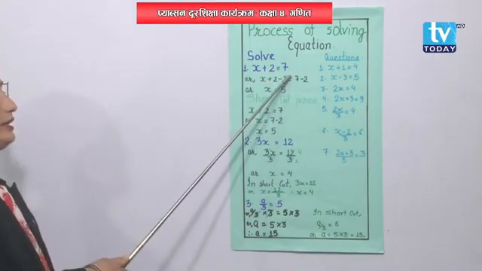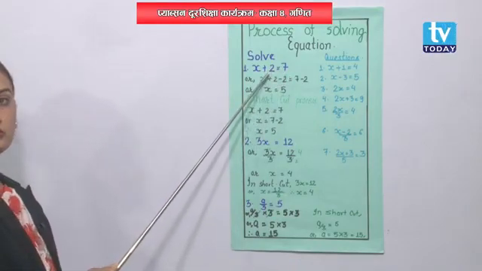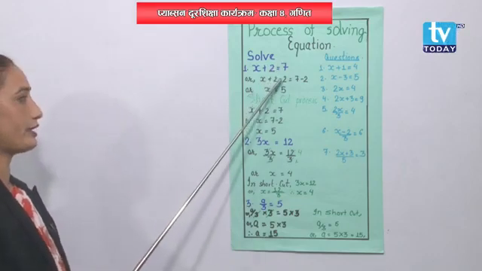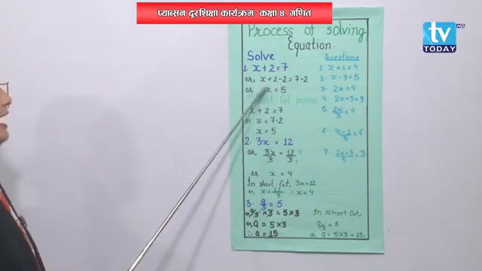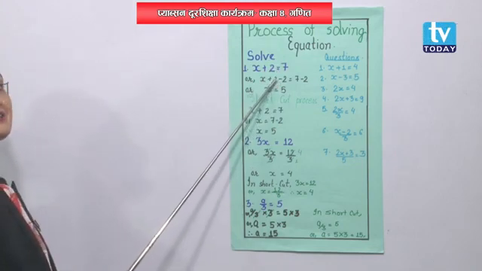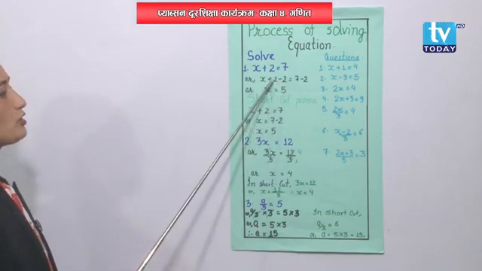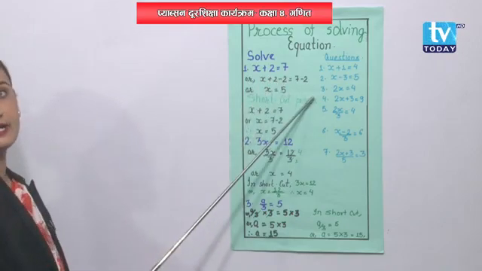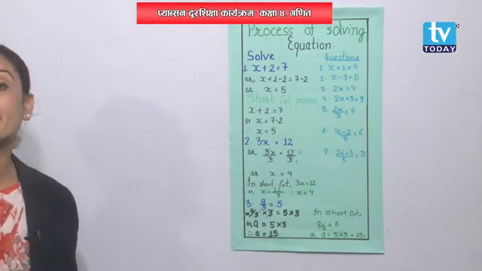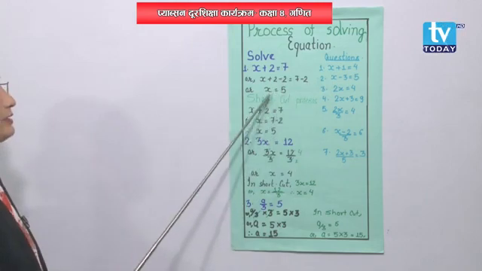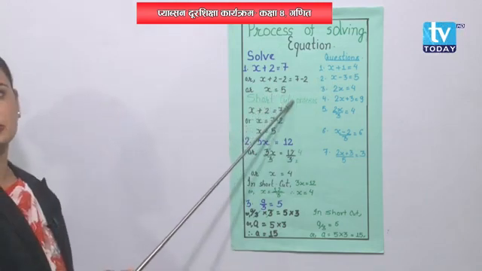Right students? Here is 2, so I am going to subtract the same 2 over here. See, in the second step, x plus 2, when it is subtracted with the same number, then on both sides, left side and right side, you have to subtract the same number. So minus 2 over here, here also minus 2. That means the final answer will come x equals 5.